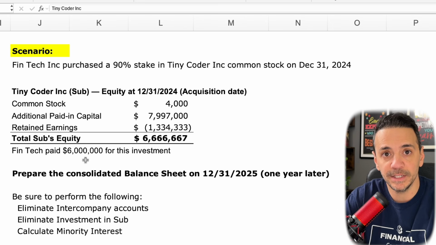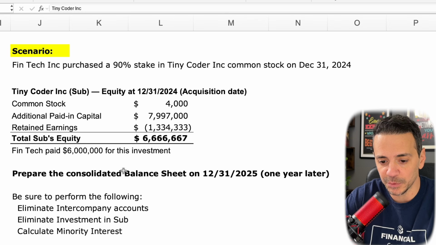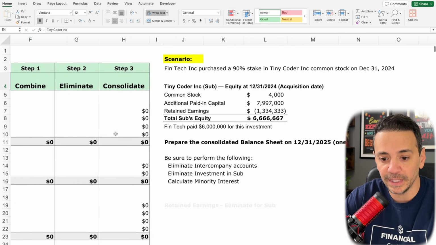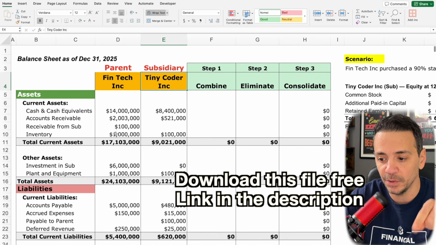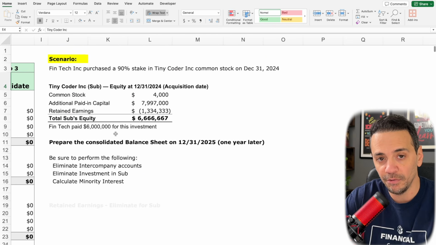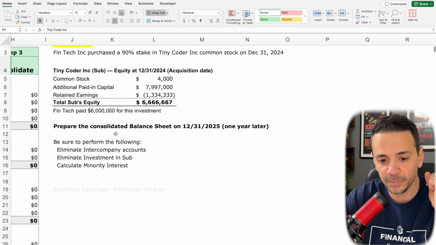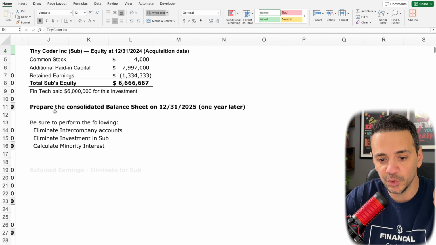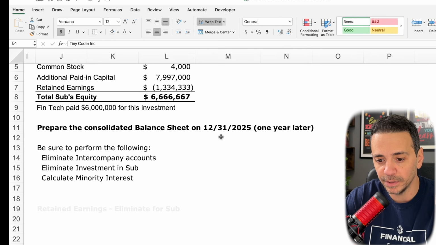FinTech paid $6 million for this investment. This file here, by the way, can be downloaded in the description. Go ahead and download the file if you want, and pause the video so you can follow along with this example. Okay, so the ask here is to prepare the consolidated balance sheet on December 31, 2025, which is 1